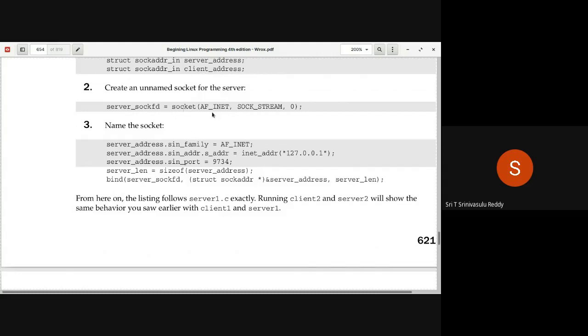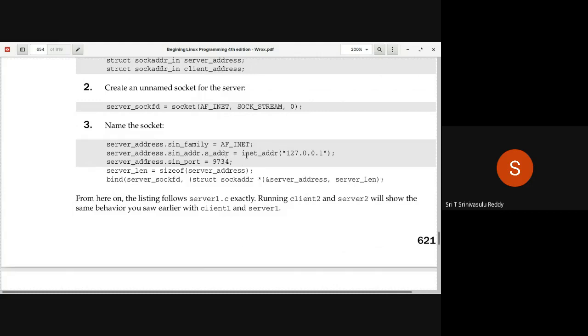Like socket(AF_INET, SOCK_STREAM, 0). How do you fill in the values? The structure variable.sin_family is AF_INET. SIN stands for socket internet, and SUN stands for socket Unix. Remember it that way. Then the corresponding variable.sin_addr.s_addr.